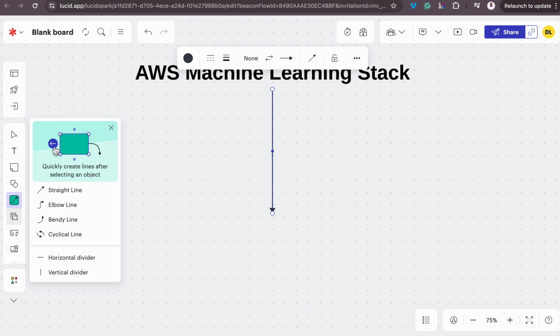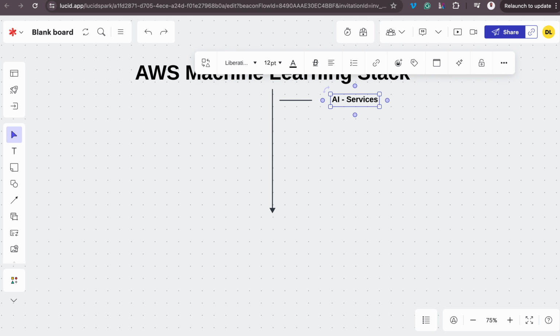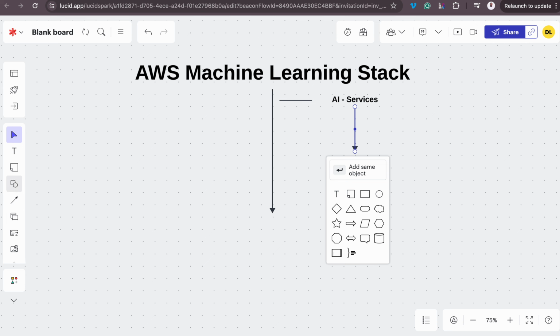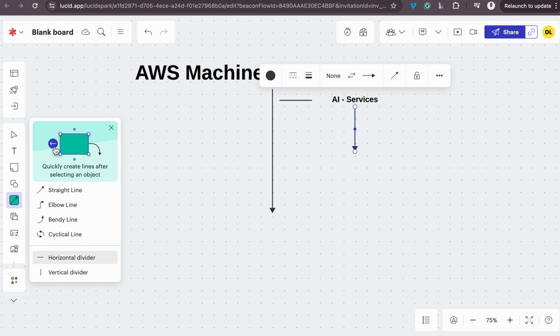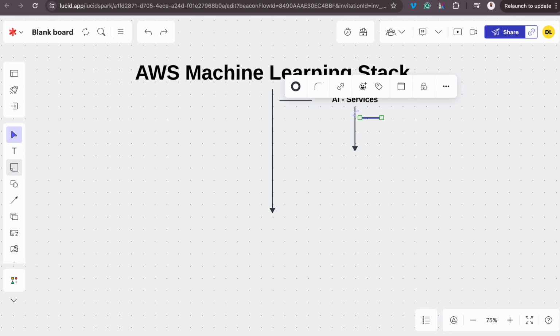Now, the first on the list is AI services. This AI services has a lot of services. Examples of the services that are being offered, let me just put one or two, because today, like I said, is not a day to talk much about the machine learning stack. So one of those services I want to say is